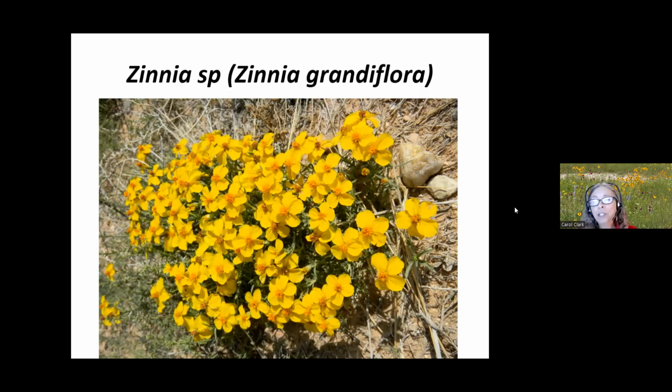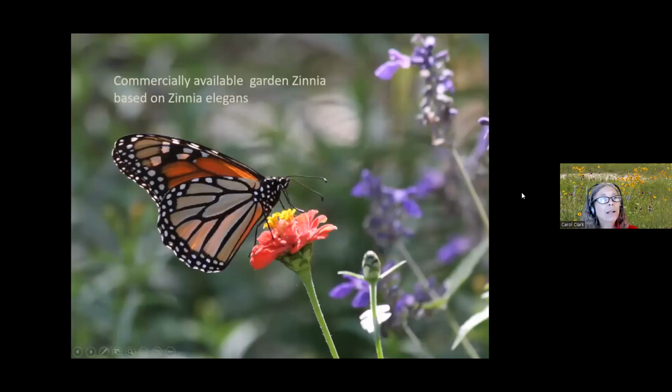So my other big cheat is to use a commercially available garden zinnia, which has been based on Zinnia elegans. The simpler forms retain really good nectar quality. And I know this is a Native Plant Society. I'm probably not even supposed to show you this plant. But if you are putting in a public garden and it needs public acceptance in a hurry, it is hard to beat a cheap packet of zinnia seeds to get almost instant color out there and instant nectar for your